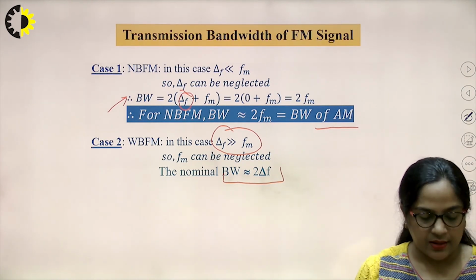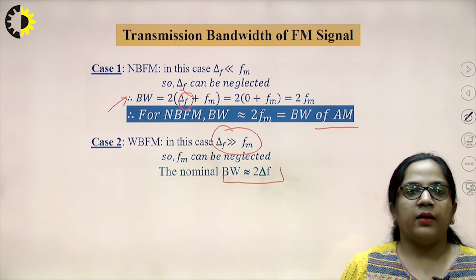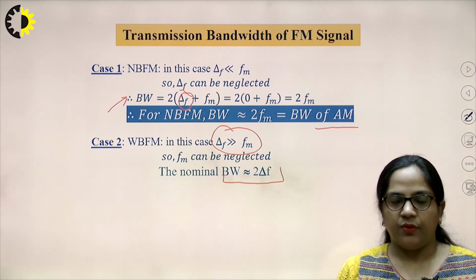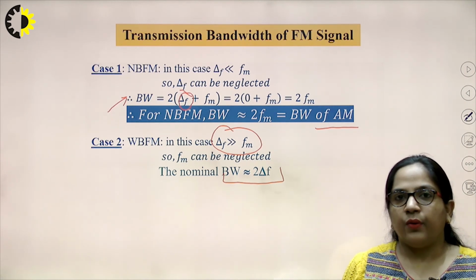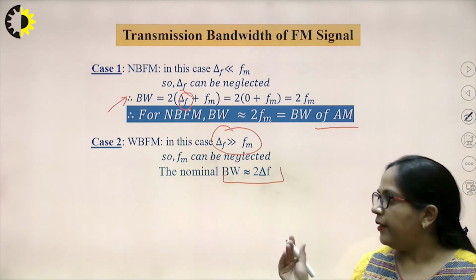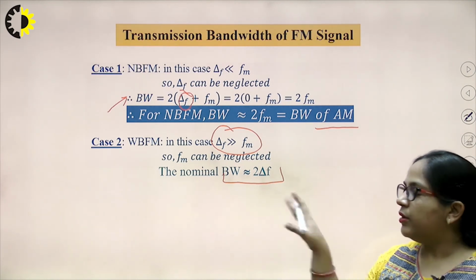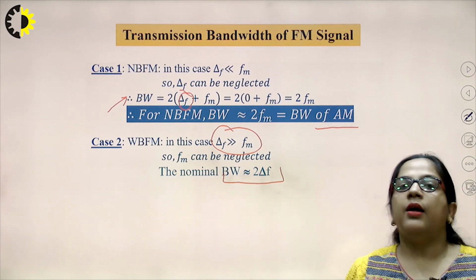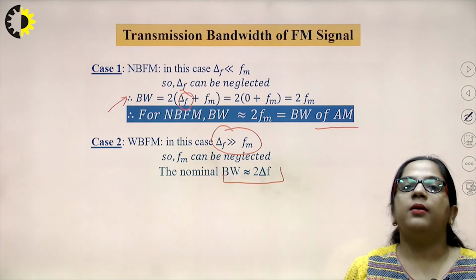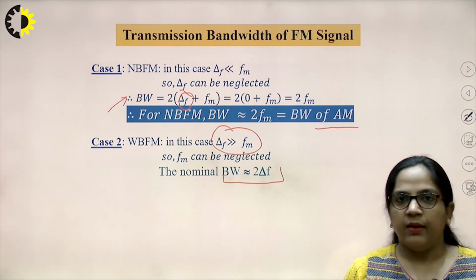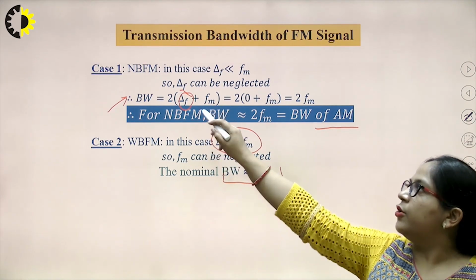So in this video lecture, we have discussed the generation of narrowband FM signal. Then we have obtained the expression of frequency modulated signal. With the help of that expression, we can obtain the number of significant sidebands depending upon a thumb rule. With the help of Bessel's function, we can draw the frequency spectrum of frequency modulated signal. With the help of Carson's rule, we can approximate the bandwidth of frequency modulated signal. The theoretical bandwidth is infinite, but we can approximate it with Carson's rule, according to which bandwidth is twice of delta f plus fm.